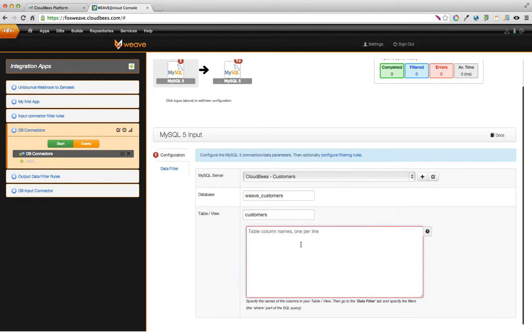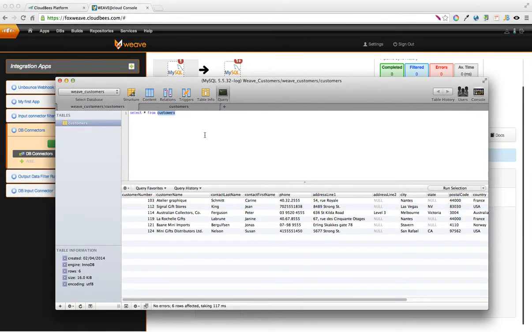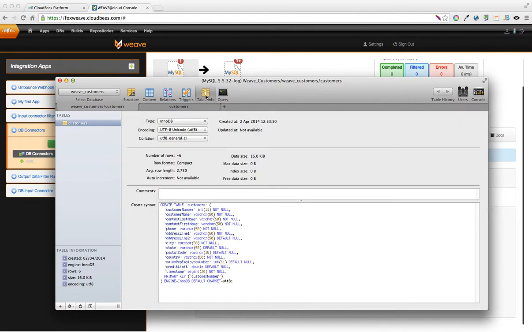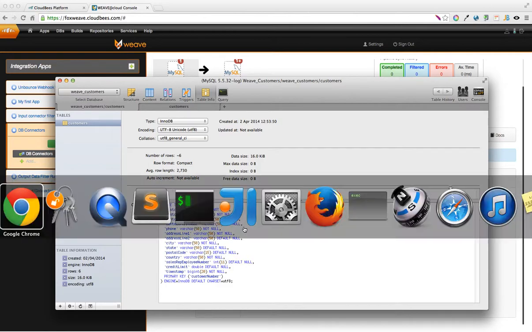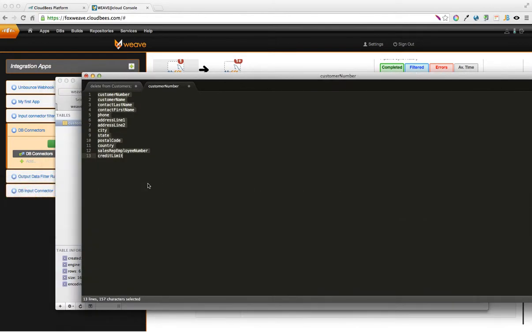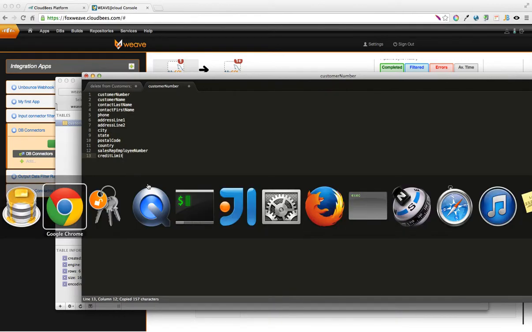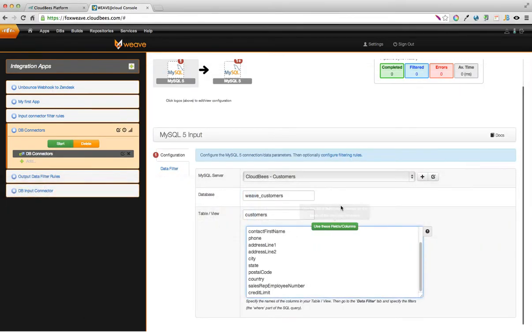Now I need to specify a set of columns. Okay, so these are the fields in the customers table that I need to get. The easiest way I find, or one way anyway, is to get that from the table info itself, so get it from the actual creation script, or get it from your database client. And I've already cut and pasted that over to an editor here, so I can paste it in. Okay, once you paste them in there,